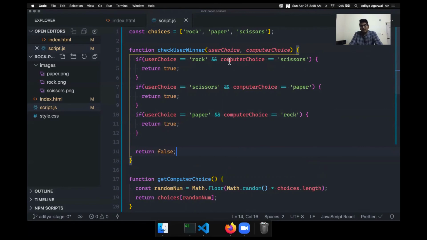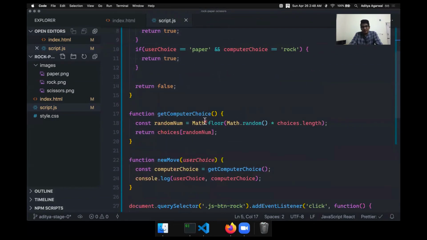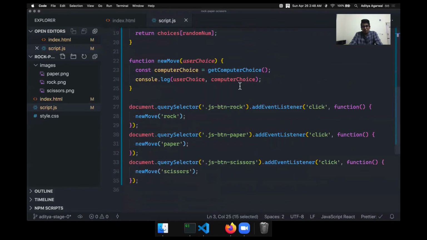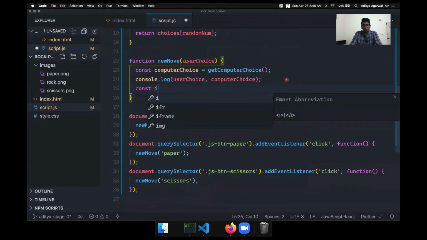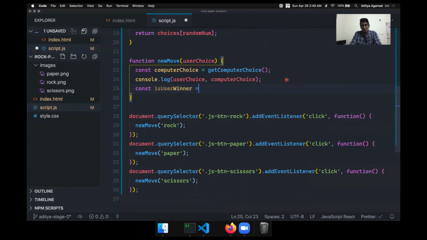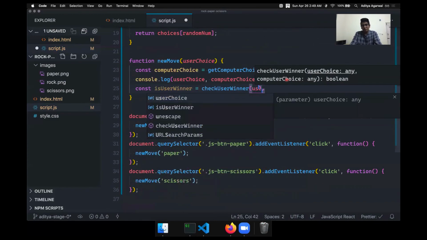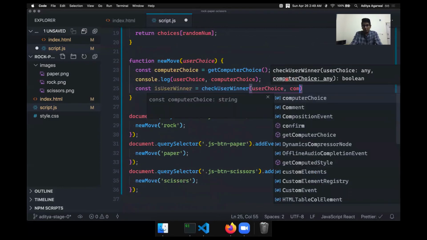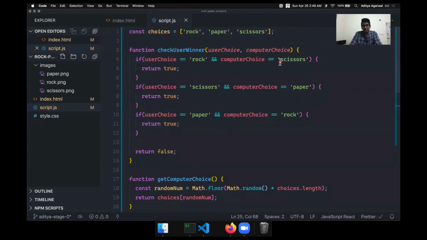So what happened here is that the way you can read it is this. If user choice is rock and computer choice is this, so when both of these conditions are true, then we'll enter this if block. And if we enter this if block, we'll see a return true. So immediately after this line, instead of going below, it will directly jump back to where it was called. So let's say if it was called here, so const is user winner. So what happens is if both these situations satisfy, then here I'll say return true, and it will directly jump